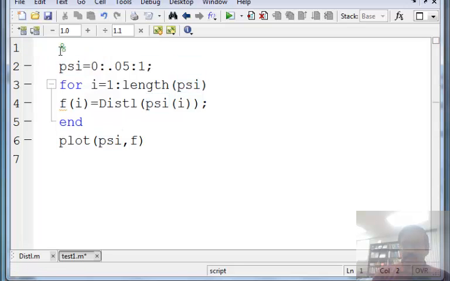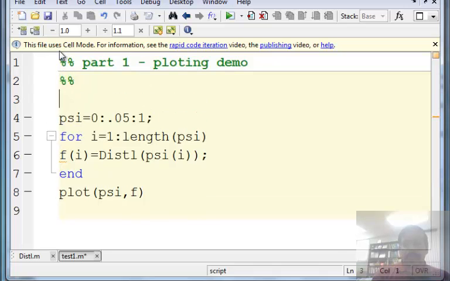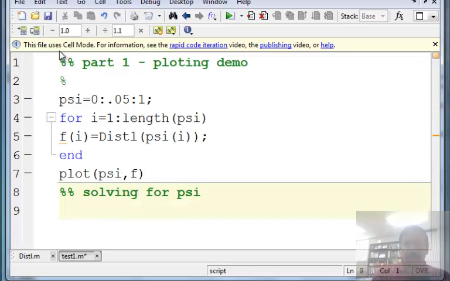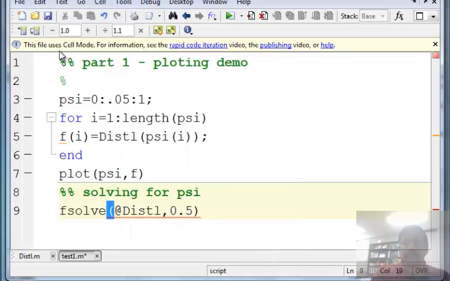So I'll show you another feature of this. You can put any comment, okay? But with the comment, if you put double percentage, it creates something called a cell. So you can say part 1 plotting demo, okay? And you end that with a single, and then you create, for example, a second cell, okay, solving for psi. So here there is a function called fsolve, which takes the name of the function, distl, and takes an initial guess and tries to find that value of psi that will make that function equal